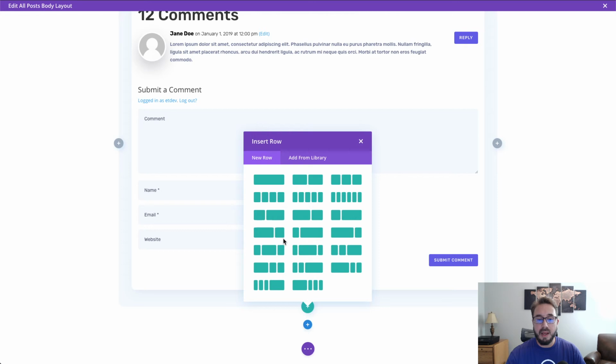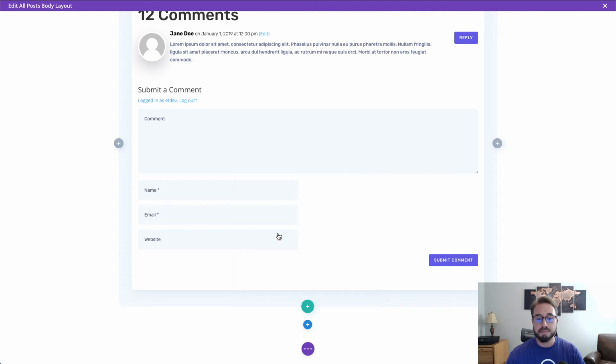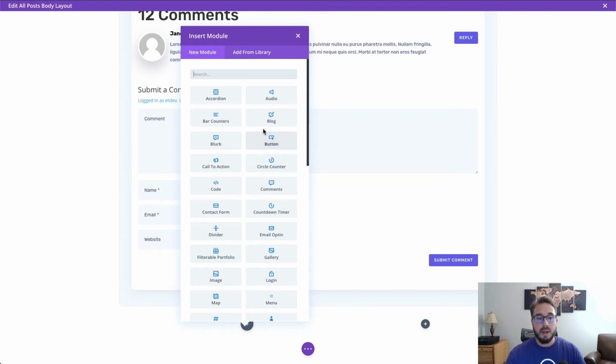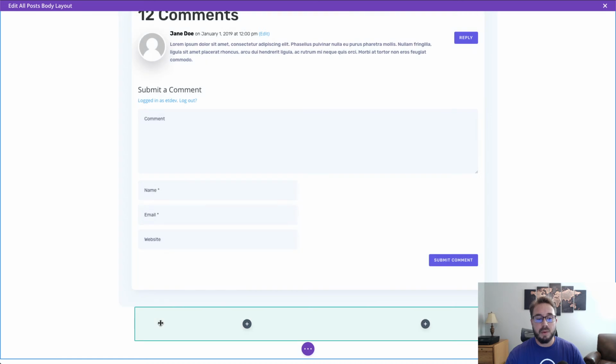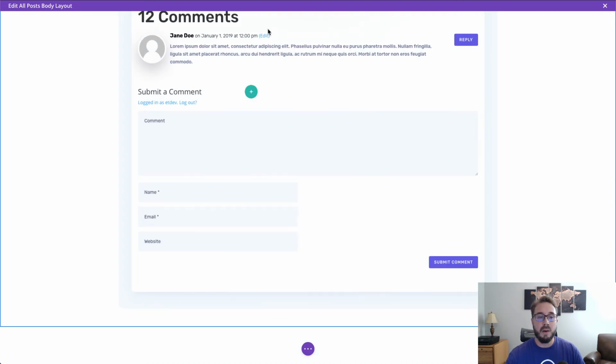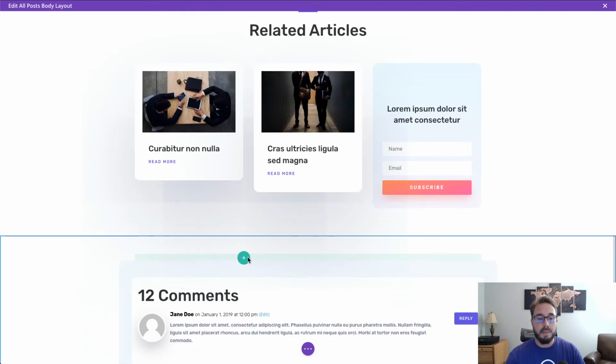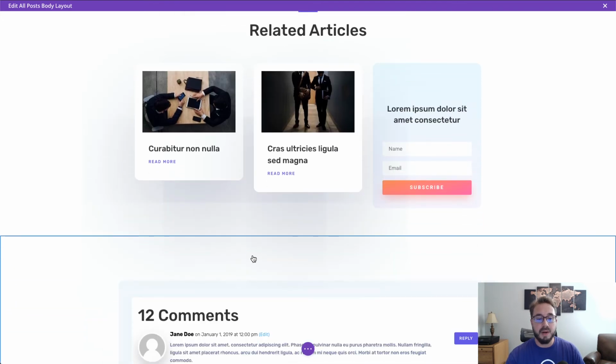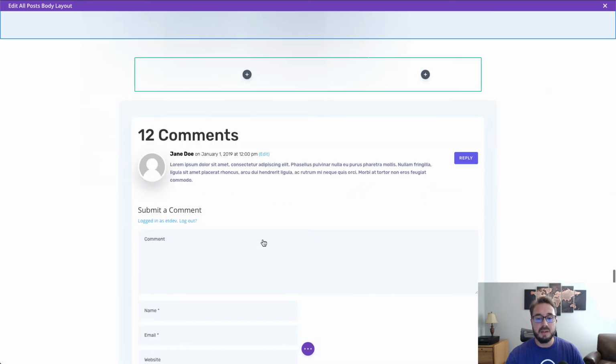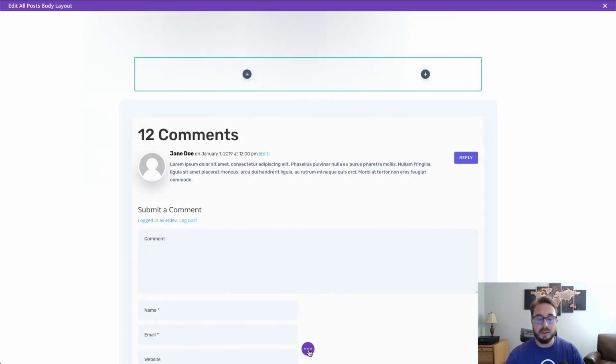And let's go ahead and give it, I think it's a 3/5, 2/5 row or column structure here. And then I'm not going to add any modules just yet. What I want to do is drag this new row up above, oops, too fast, up above the row containing my comments module. And right now is a good opportunity, or basically a good time,